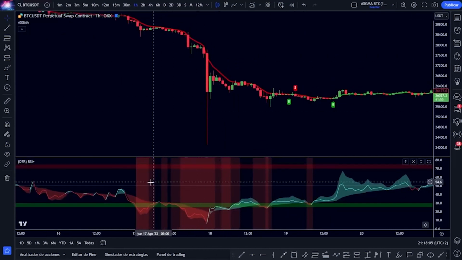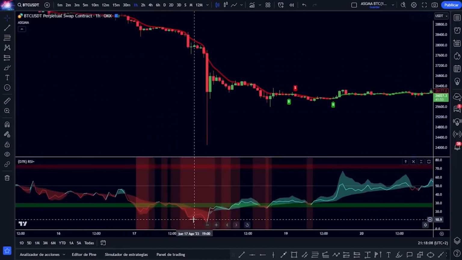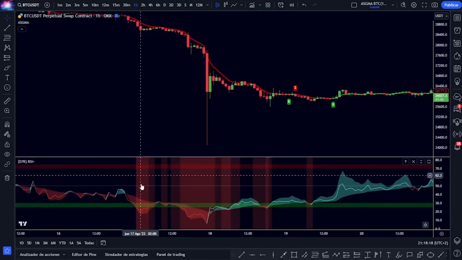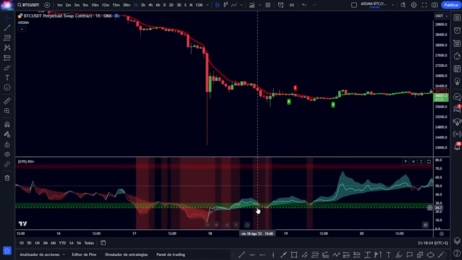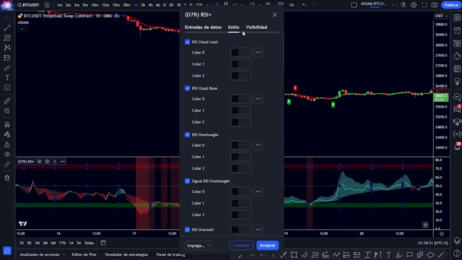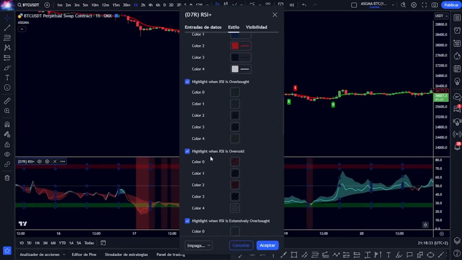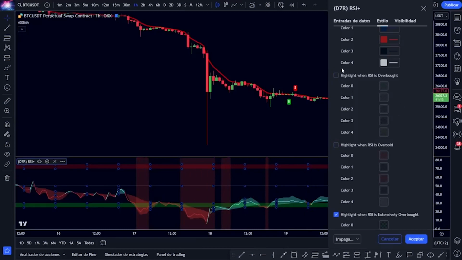There are different moments in the market where, as you can see, the price goes through these oversold or overbought zones, and the bars that this indicator shows us come with a lot of noise. That is, we do not know clearly when to enter. So in this particular indicator, I like to remove these 2 options in the style part that show when the